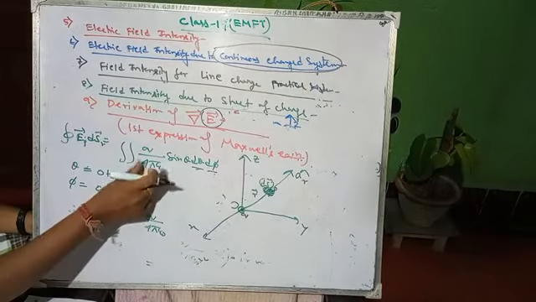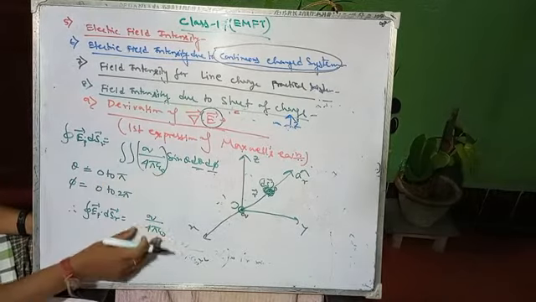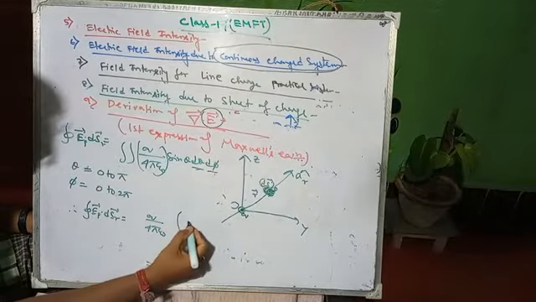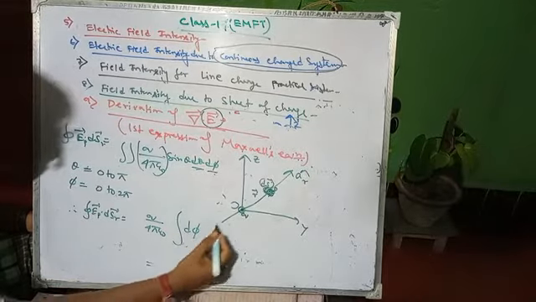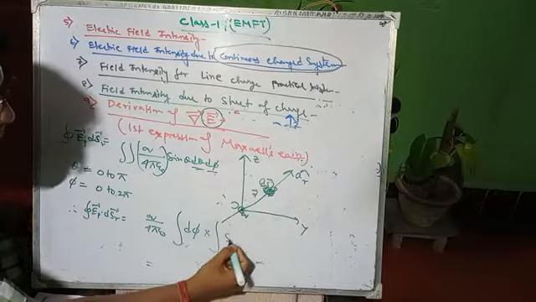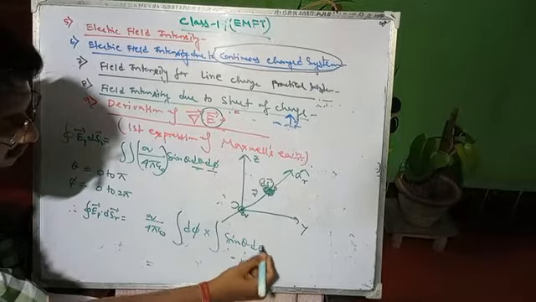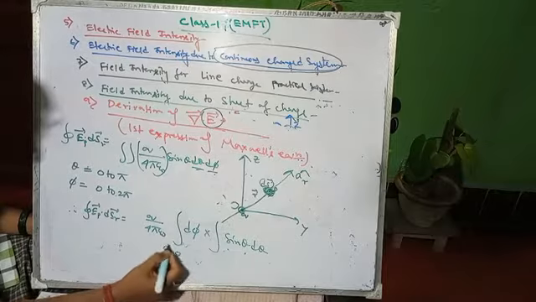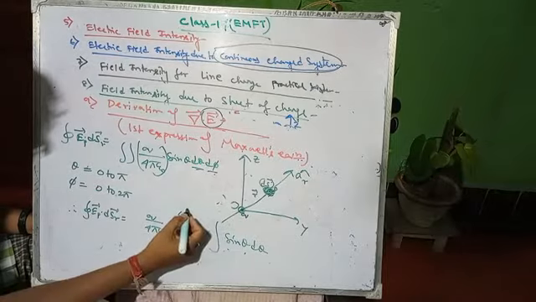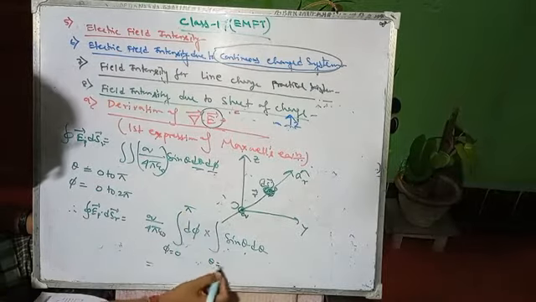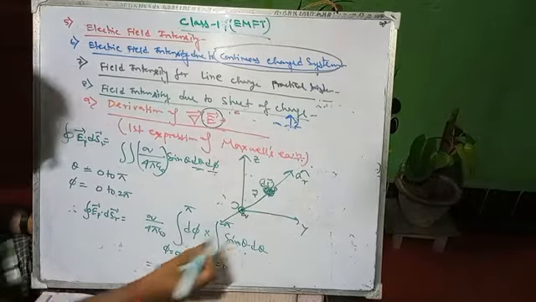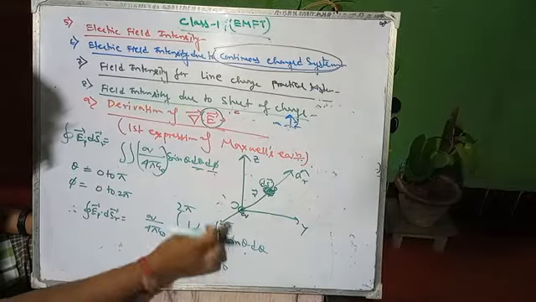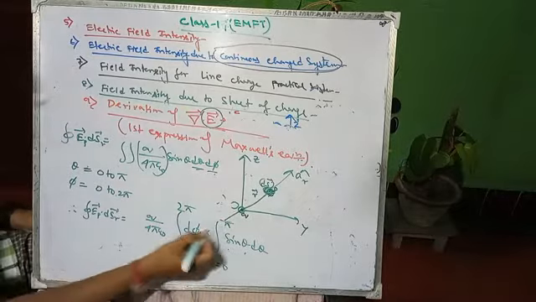So this one is a common constant part, taking it outside as a common factor. First one is multiplied, integrate with d phi, and the second one integrate with sine theta d theta. So your limits will be phi equals 0 to 2 pi, and theta equals 0 to pi. Now integrate it.